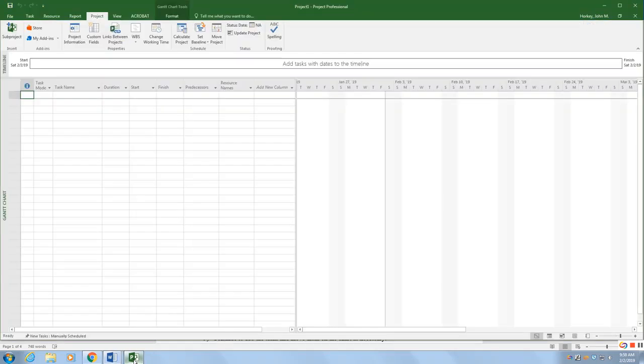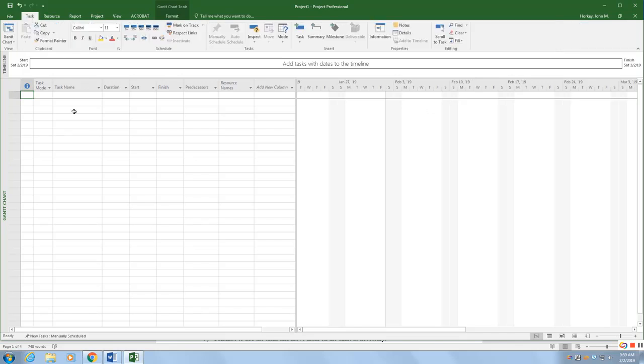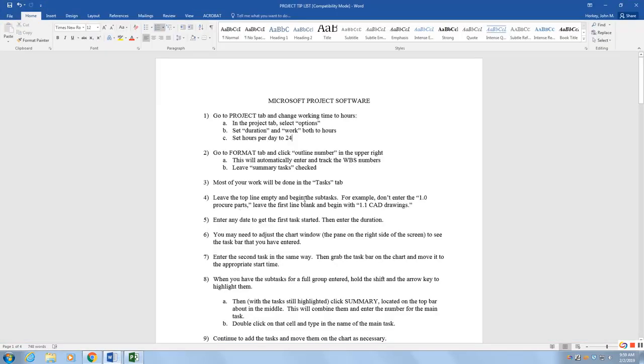Another setting says go to the Format tab and click Outline Numbers. This is going to do that 1.0, 1.1. It's going to take care of that for us. So we go to our Format tab, and up on the right, here's Outline Number. We're going to click that. We're going to leave Summary Tasks also checked, and now we'll go back to our Task tab, and our instruction sheet